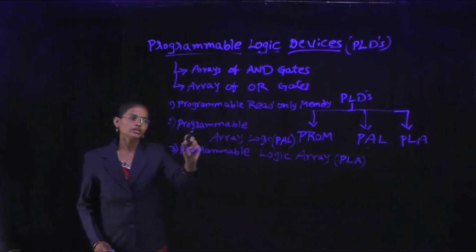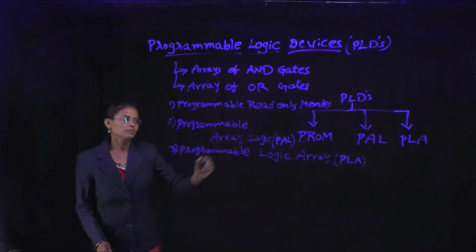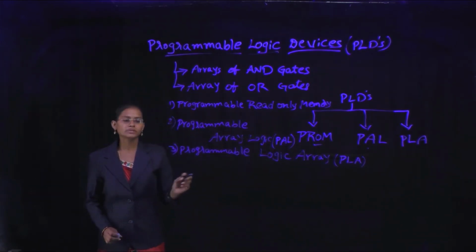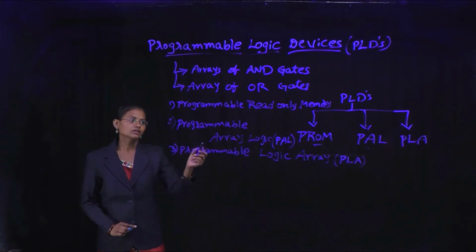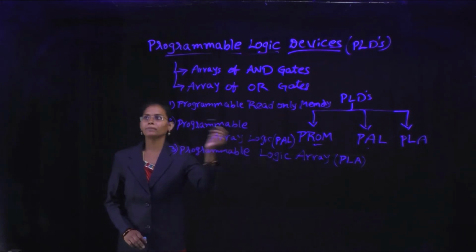Coming to the programmable read-only memory, simply called PROM. What is ROM? ROM is a read-only memory. It is a permanent storage memory. It stores the binary information. They cannot change the information. So that's why ROM is the permanent memory. Coming to the PROM,